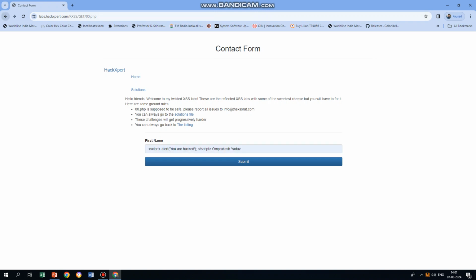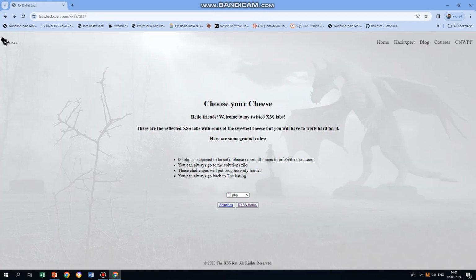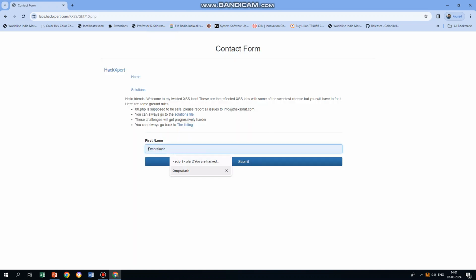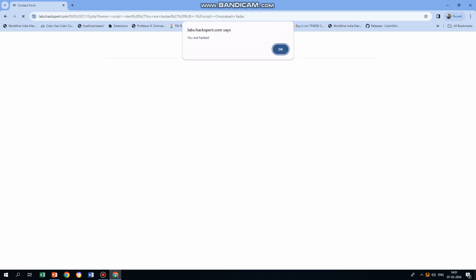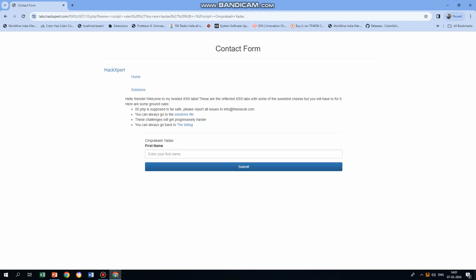Okay, even here it is saying that it's supposed to be safe. So let's try another one which is not safe. SC, oh, sorry, we were actually giving a wrong spelling. It should be SCRIPT. And when you click save, now see, it has given the name, but at the same